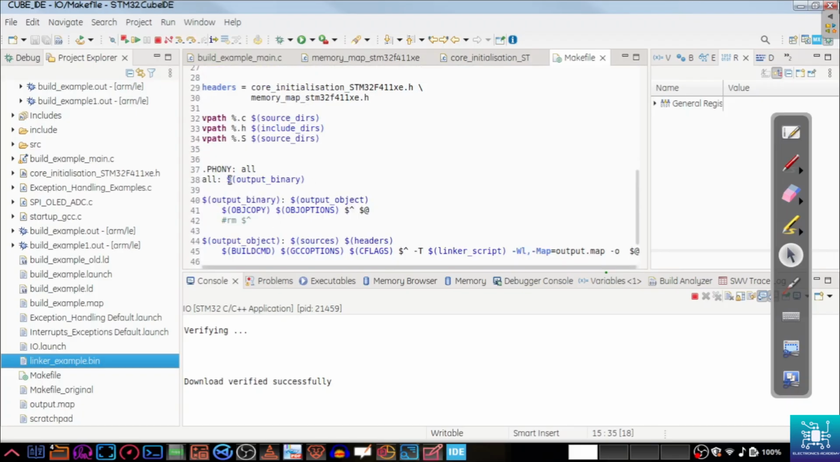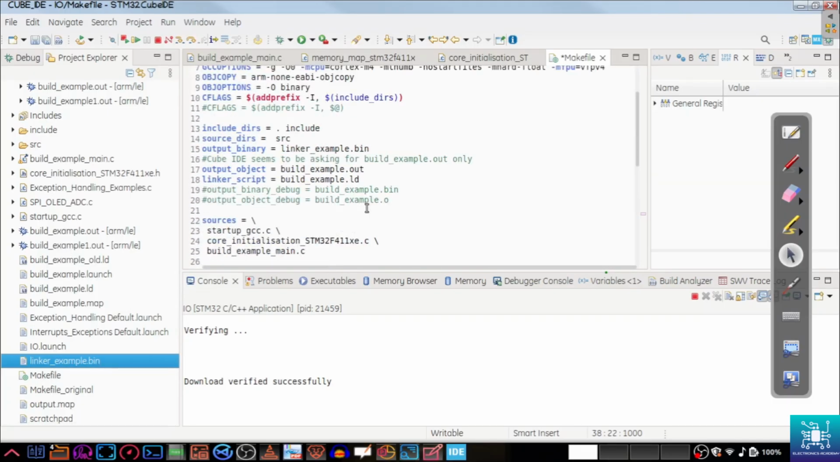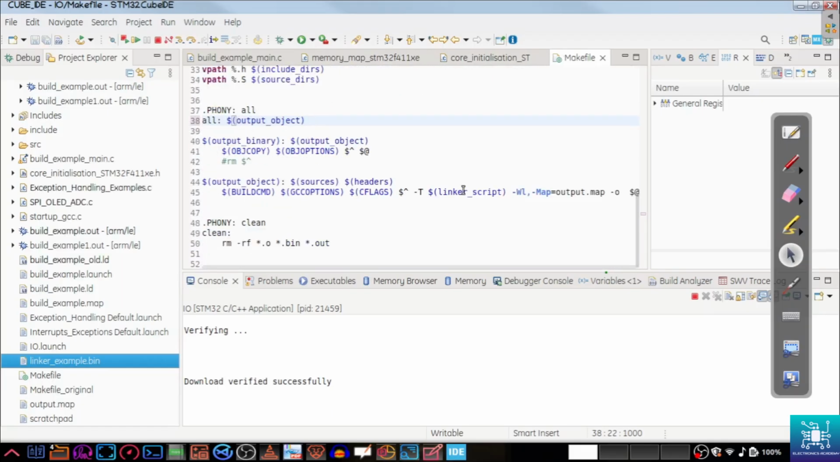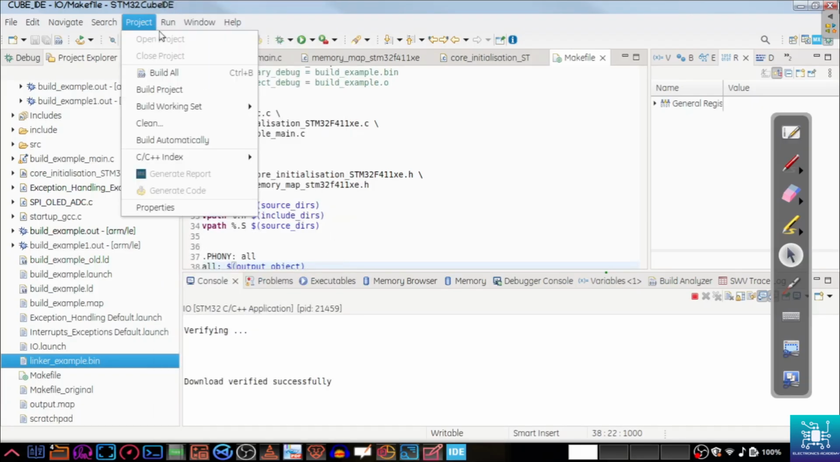So in the all target, instead of output binary, we'll just put output object. If you put output object here, it will skip the output binary step, obviously, because it is looking for the dependency here. The dependency is going to be satisfied by this rule, and it is going to skip this rule completely. So we'll see that the output binary, linkerexample.bin, is not going to be created. But even though it is not created, we'll see that the image is still flashed to the board. Now that is only possible because,